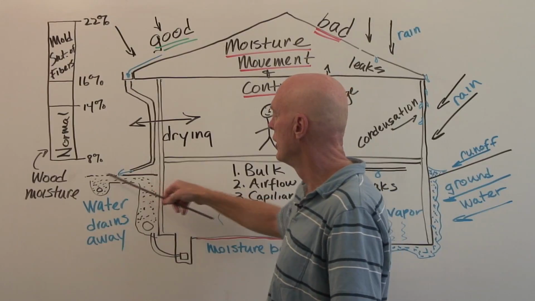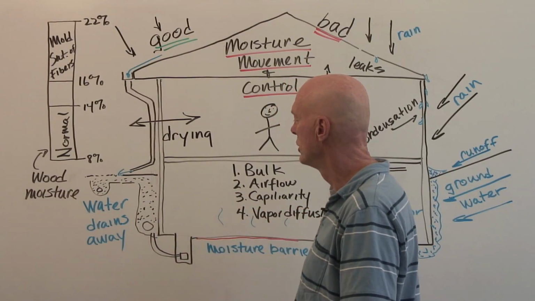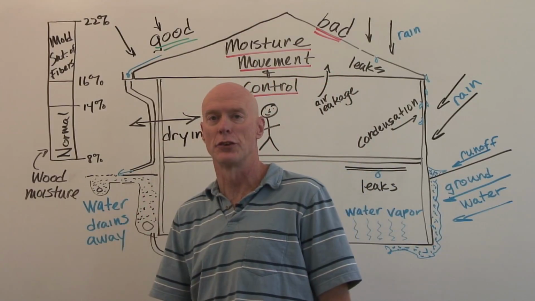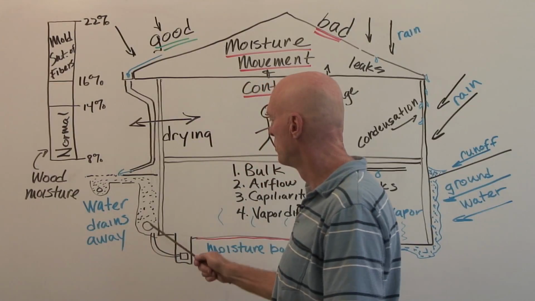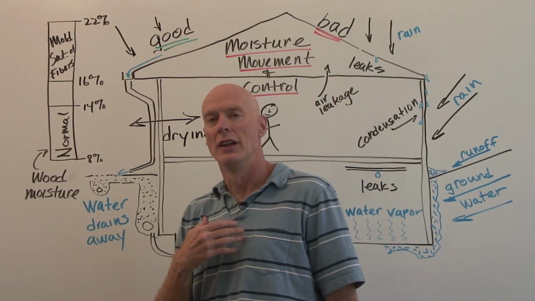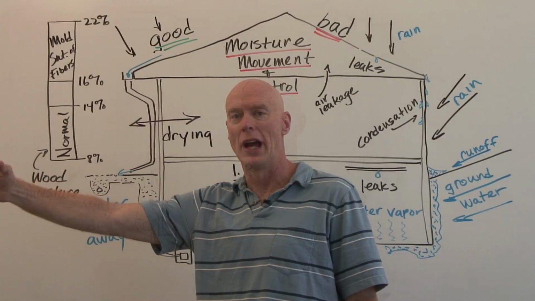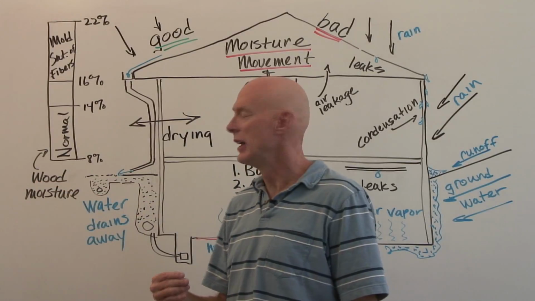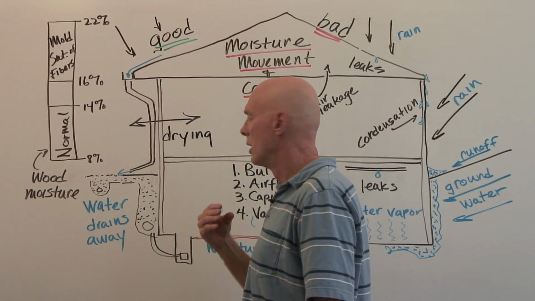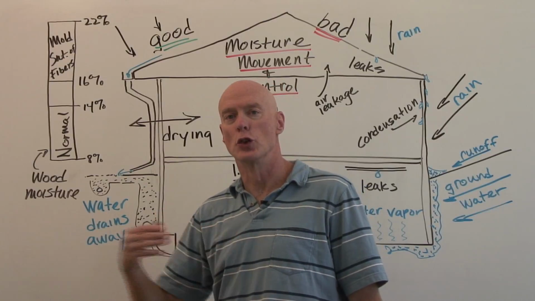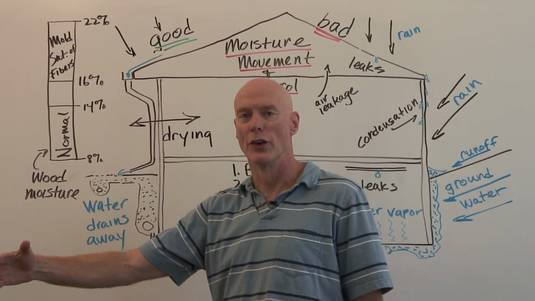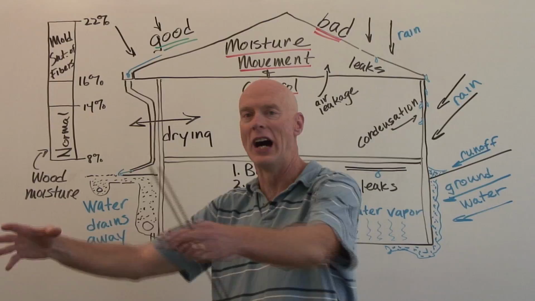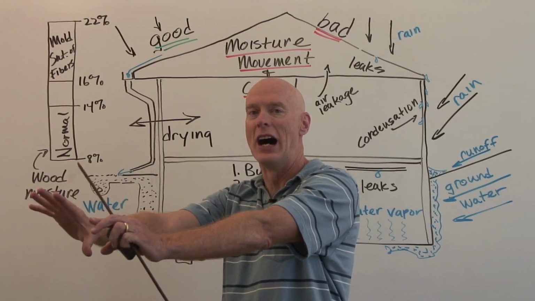Gravel is very good to have next to the foundation because the water drains through the gravel. And if this pipe is sloped, then the pipe can carry the water away. What we want to do is